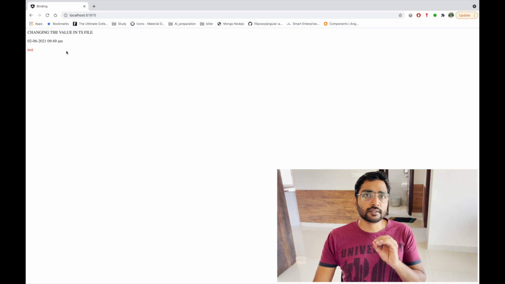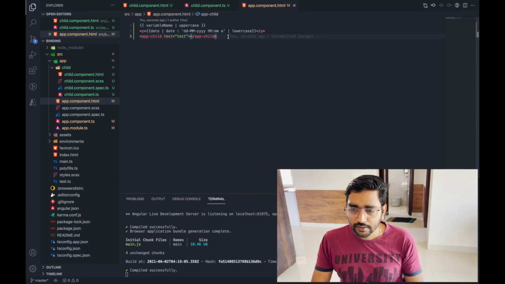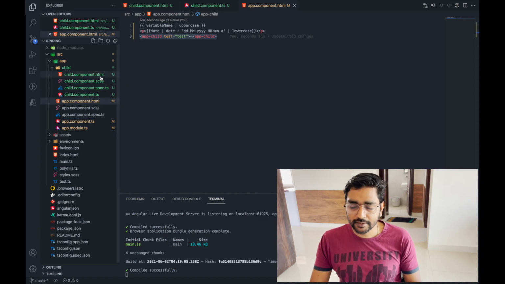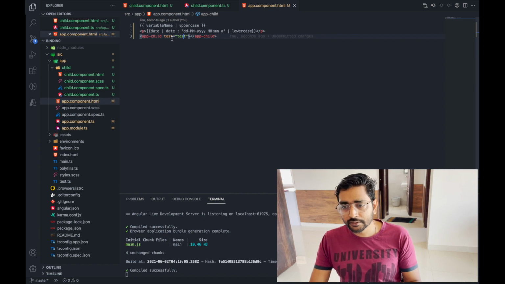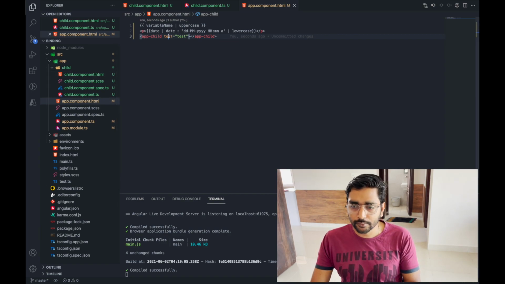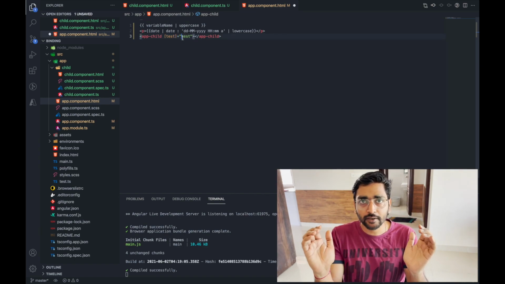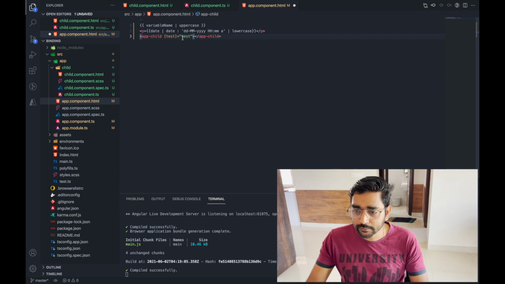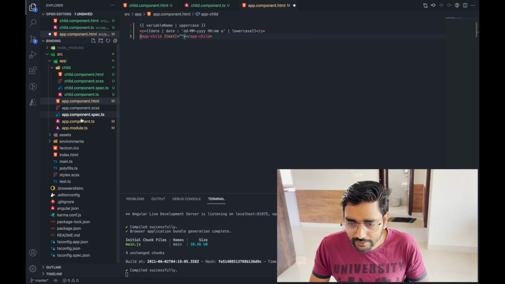Now you can see that we are trying to use an input parameter. That is the second type of binding, where you are sending information into a child component through code. One way of data binding is if you write square brackets, just remember that term. If you write square brackets, you have to write a variable name inside.